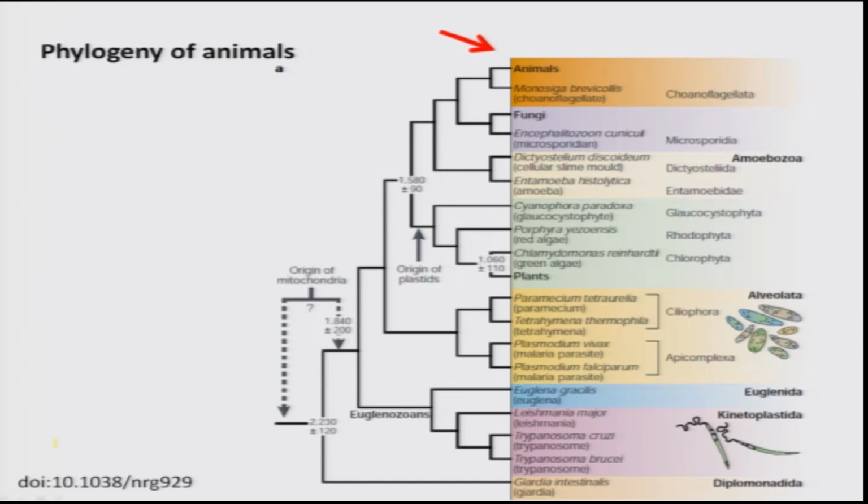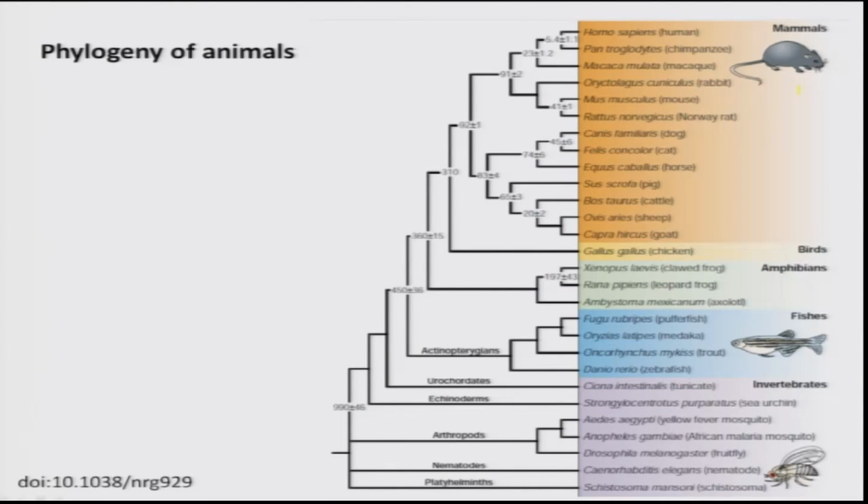So, we have this here. The animals represented here, and the rest are all the other species we are talking about, the primitive species like Euglena and others, amoeba and others, fungi and so on. But if you go to more animal phylogeny, that is what is shown here. So, you have all the invertebrates here and then the vertebrates coming over here, and then of course, you have